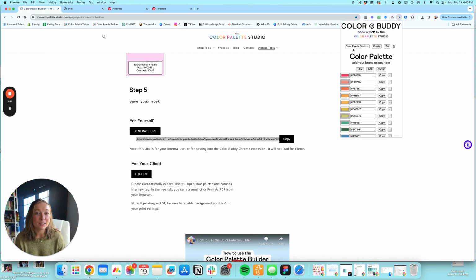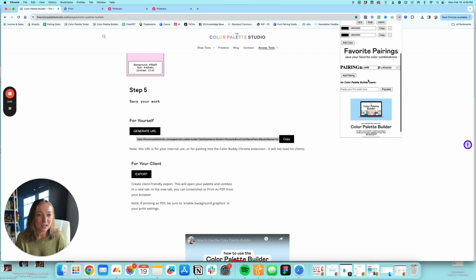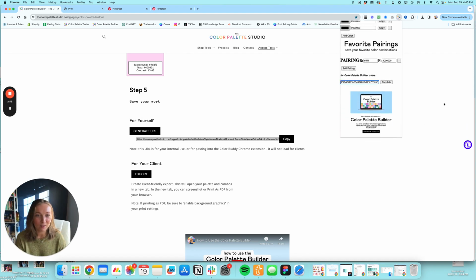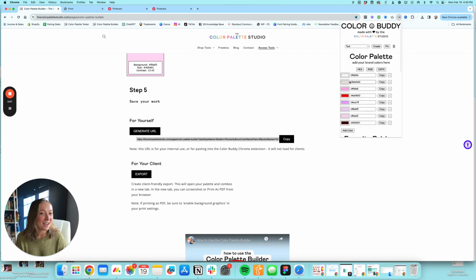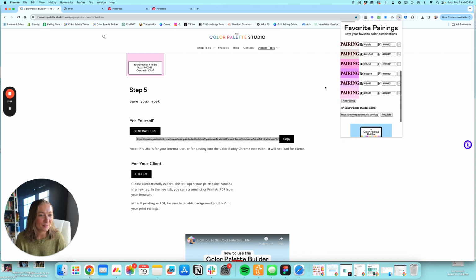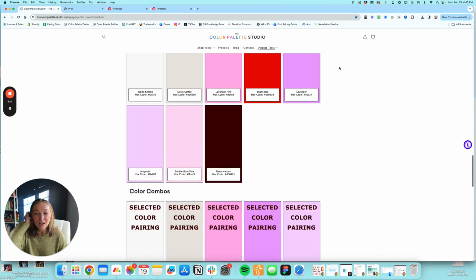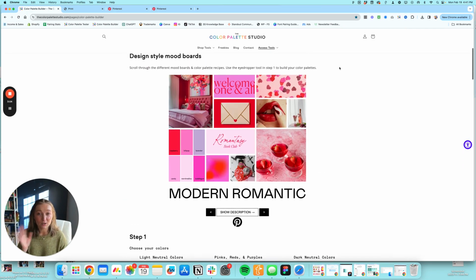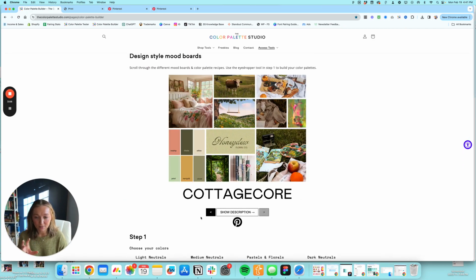or add it to the Color Buddy. This is a free Chrome extension. And once I'm in this Chrome extension, I can paste in that URL from right here and click populate. And it's going to add all of the colors and all of my favorite pairs. Super fun. So that's update number 1, is that there are 3 new design styles in the Color Palette Builder,